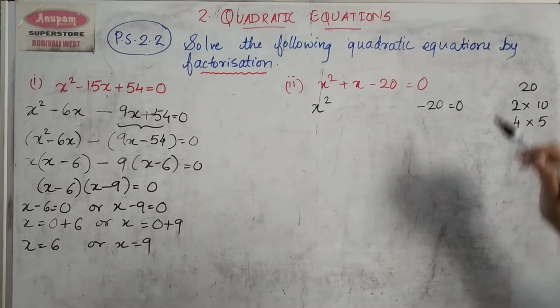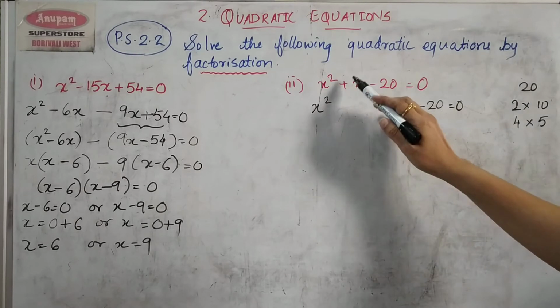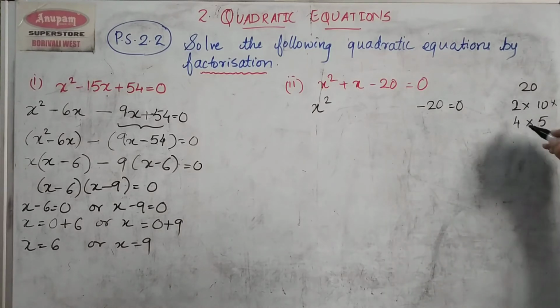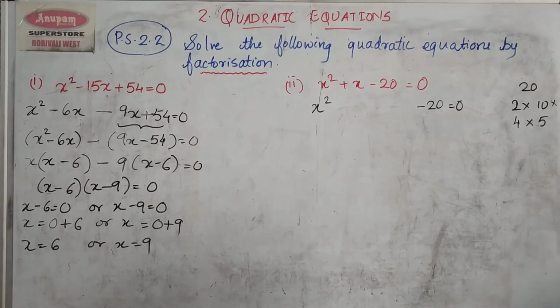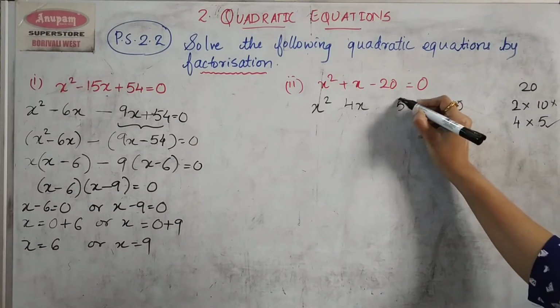Yes. So now if I take this number 20, 20 comes in 2's table first. So 2 tens will give me 20. But 2 plus 10 will be 12, and 2 minus 10 will be 8, which I cannot use here. So I cannot use this pair of 2 into 10. The next pair, see, 20 will not come in 3's table also. So we cannot carry out any multiplication of 3. Then 4. 20 is divisible by 4. 4 5s is 20. And 5 minus 4 will give me 1 also. So the two numbers that I need for my calculation is 4x and 5x.